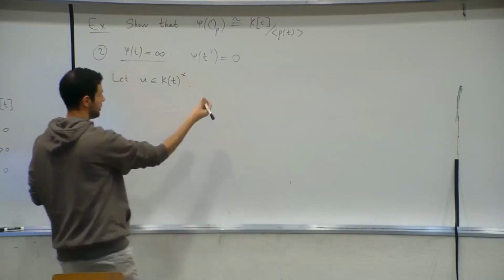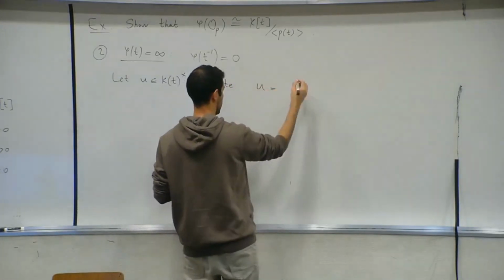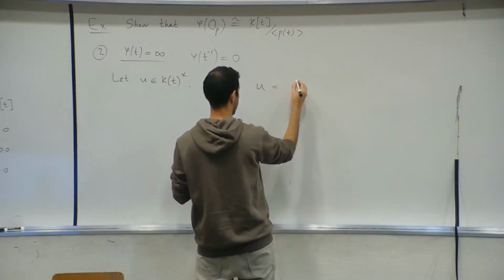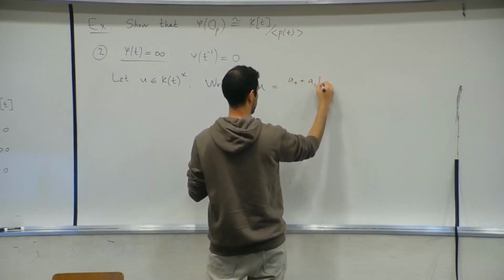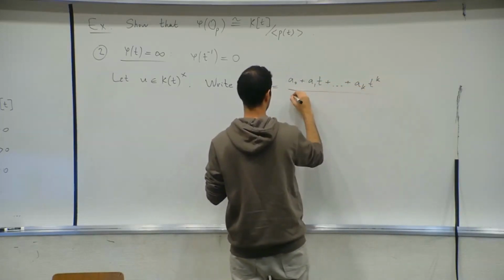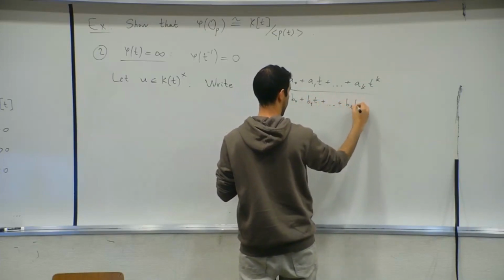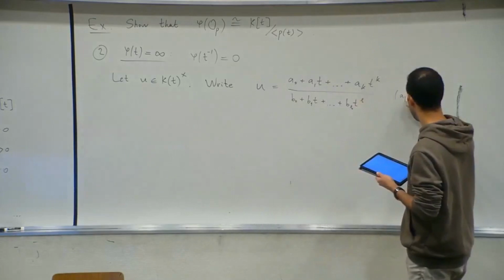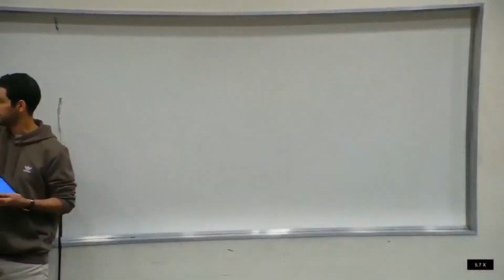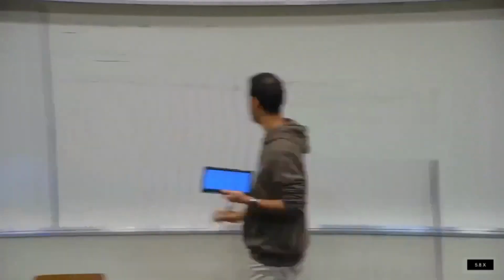Then how can we evaluate? Just write U as a quotient of two polynomials, where A_K and B_L are non-zero. So any non-zero rational function is a quotient of polynomials, say of degree K and degree L. And then